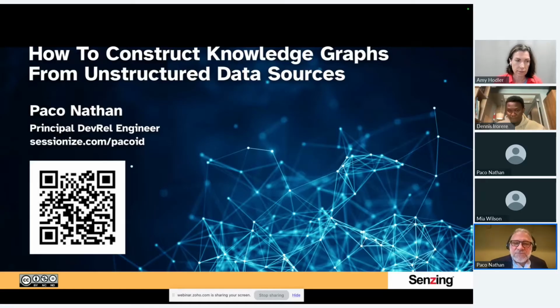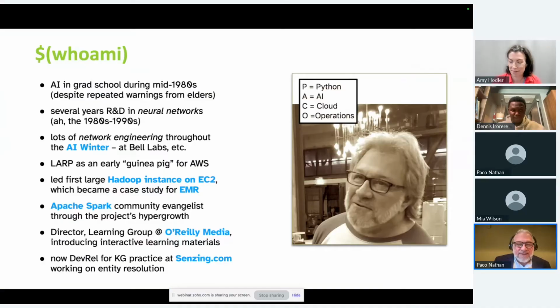This is how to construct knowledge graphs from unstructured data sources. And thank you, Amy, for a kind intro. Just a real quick background. I've been doing this for a number of years. I got started in neural network research, especially neural network hardware developers, hardware accelerators, back in the late 80s.